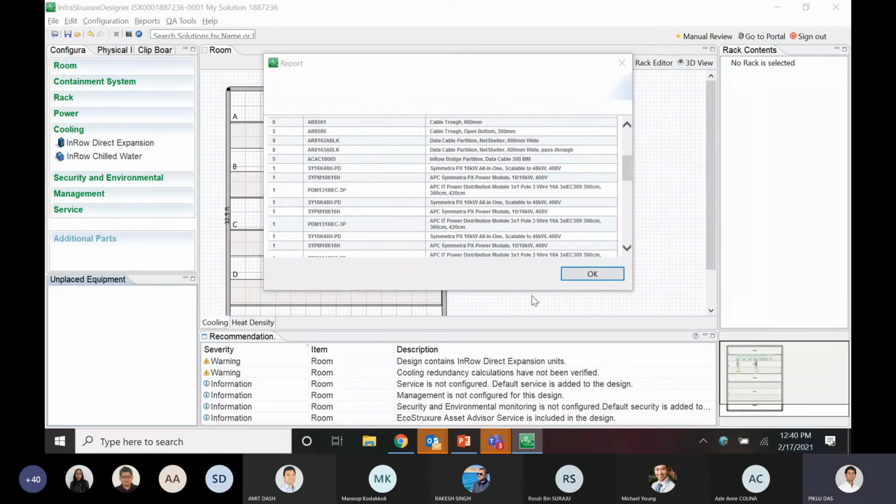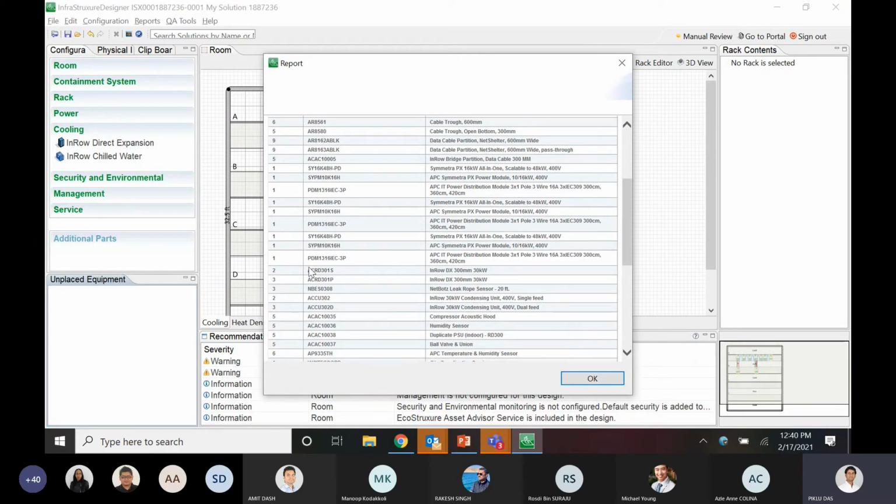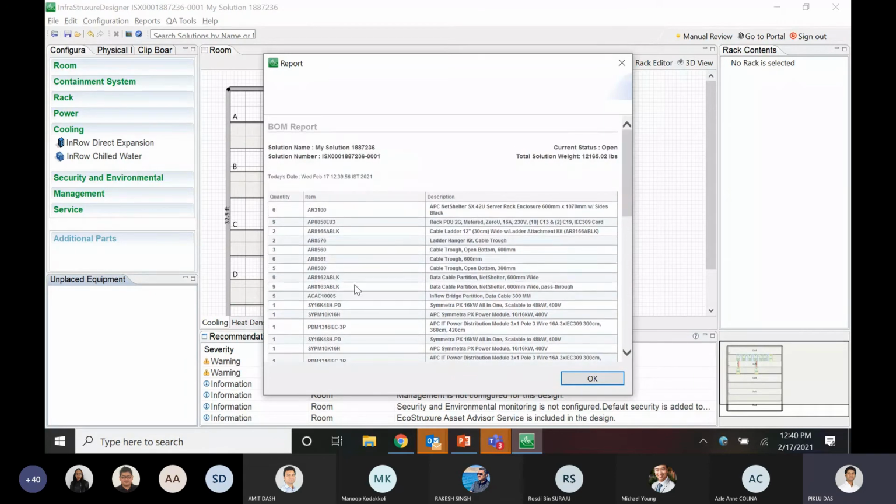So you can now find all the cooling units that just got added to the BOM, and along with the cooling unit you can also see these condensing units, which are the default that needs to go with the main unit, also got added to the BOM, and also the accessories, right? Along with that, we also understand that there need to be cable troughs and data troughs that go on top of the cooling. So the cable troughs and data troughs also get added.